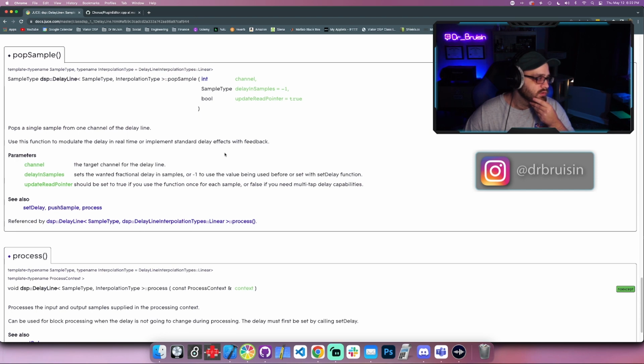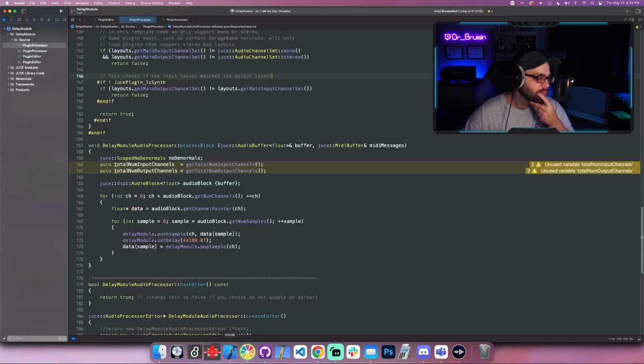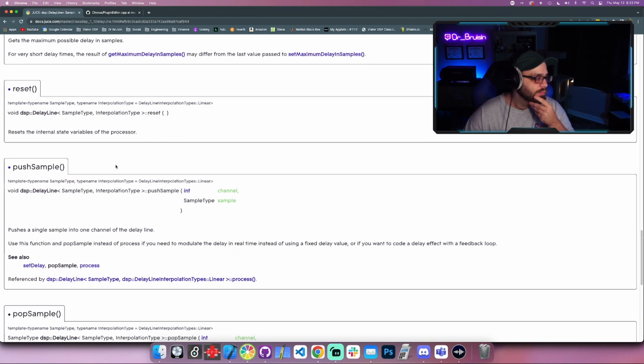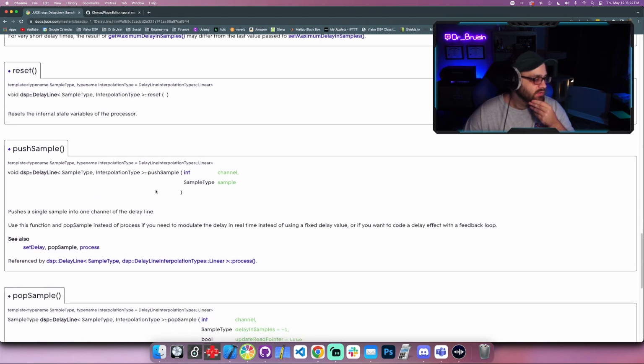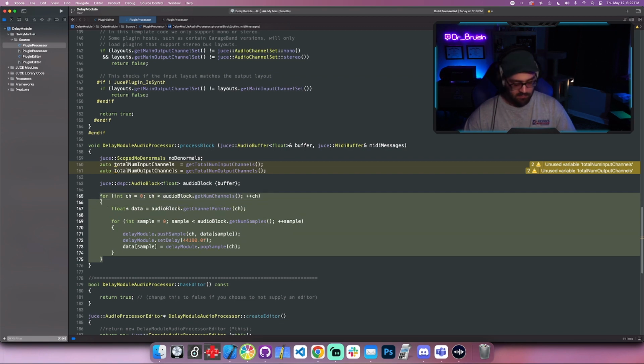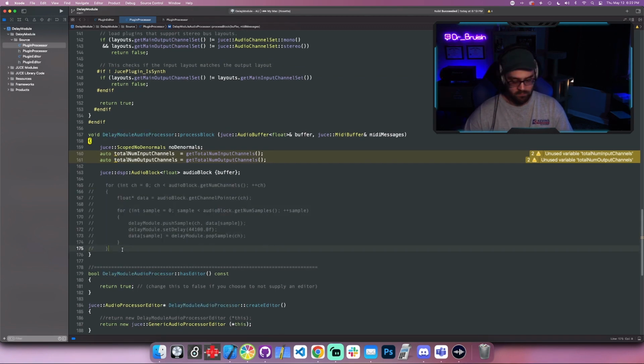Seems like. Wonder if let's see. Use this function and pop sample instead of process if you need to modulate the delay in real time instead of using a fixed delay value. Oh, let me try. I did use a fixed delay value. So what if I just do